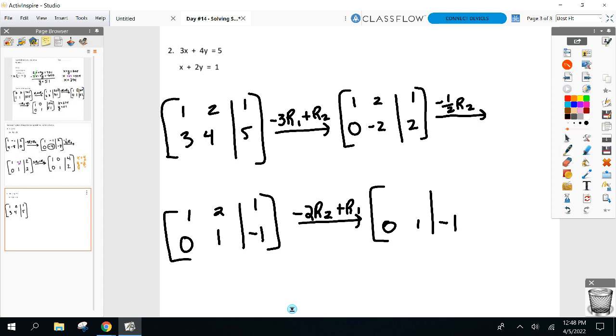And look, that 1 stays a 1. That turns into 0. How do I get there? 2 plus 3, 3. So x equals 3, y equals